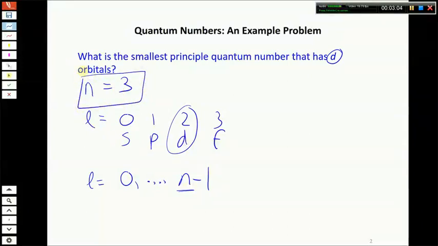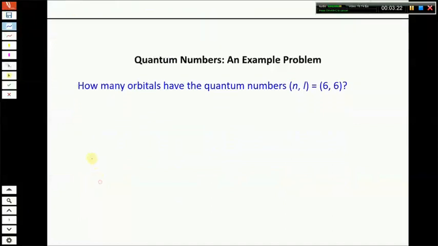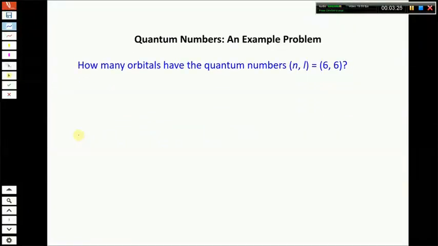So if n equals 1 or 2, you cannot have L equals 2, and that would not have d orbitals in it. But for anything where n equals 3, 4, 5, and so on, L equals 2, or d orbitals, would be an allowed quantum number. All right? So that's one example, just working a little bit backwards. And then the last two are dealing with numbers of orbitals. We talked about some relationships last time. So when you get a problem like this, how many orbitals have the quantum numbers n and L equals, for example, in this case, 6 and 6, the first thing to think about is,